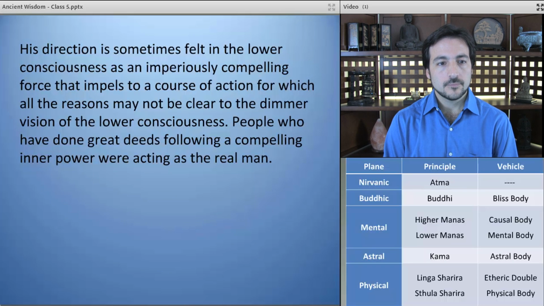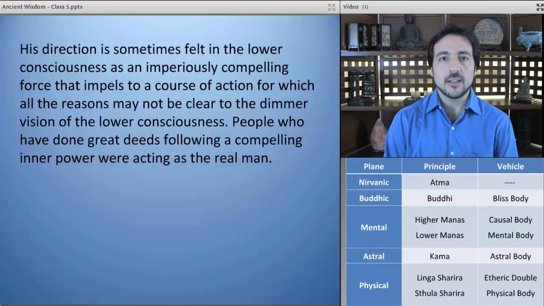His direction is sometimes felt in the lower consciousness as an imperiously compelling force that impels to a course of action for which all the reasons may not be clear to the dimmer vision of the lower consciousness. People who have done great deeds following a compelling inner power were acting as the real man. Remember that Besant explained, she uses the word man as coming from the Sanskrit root man, that means the thinker,